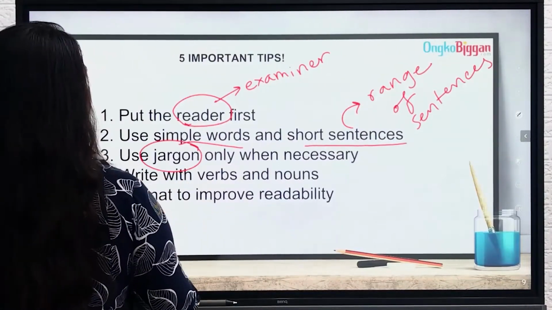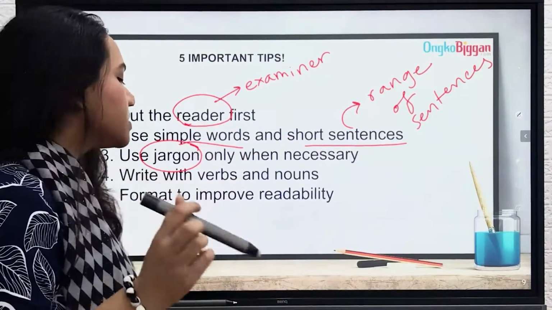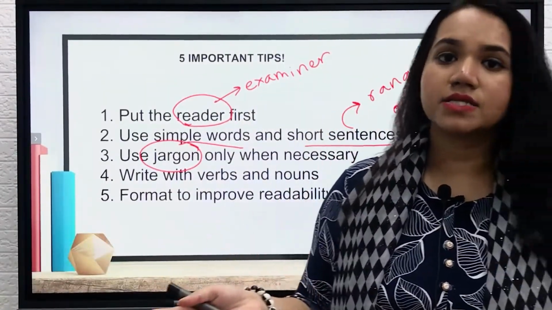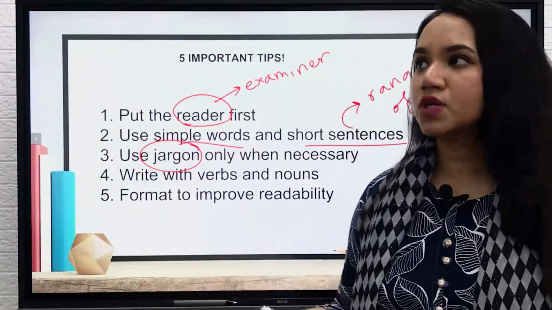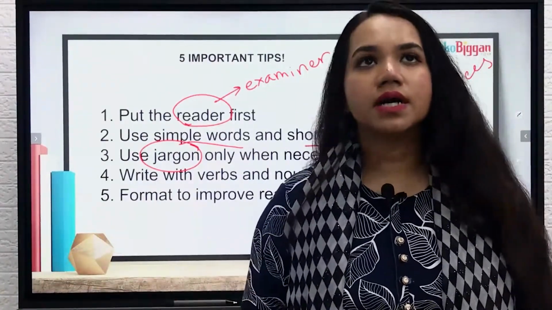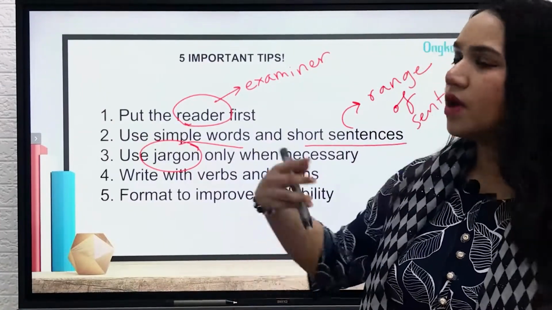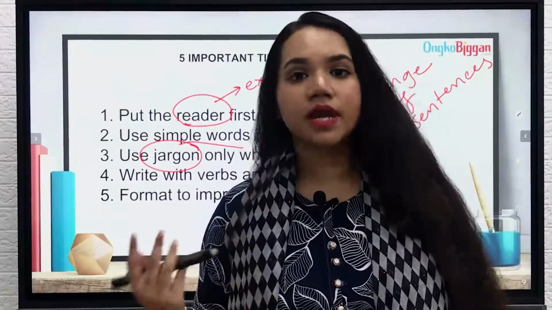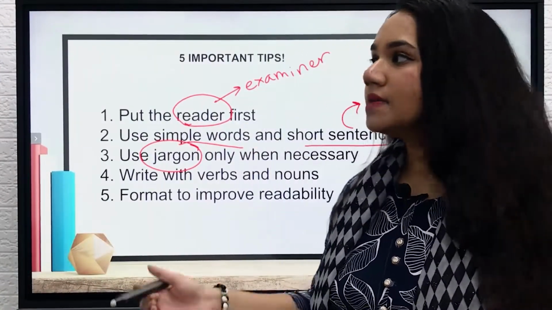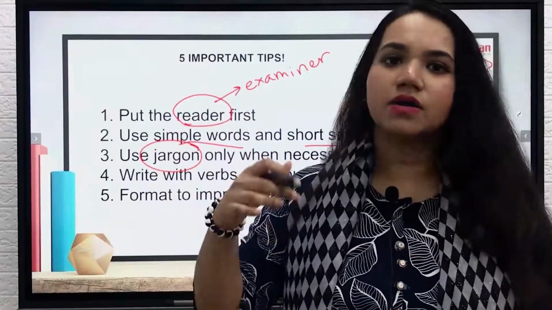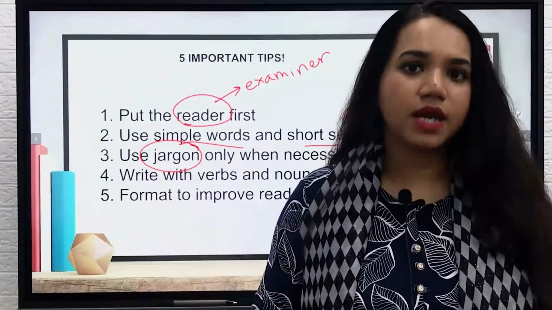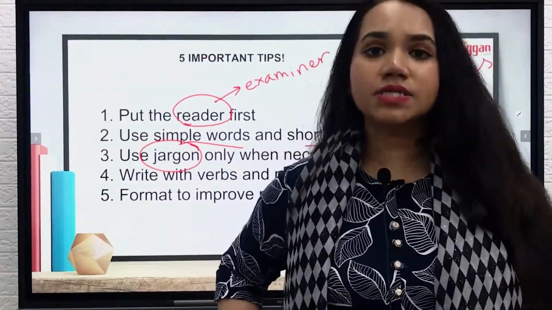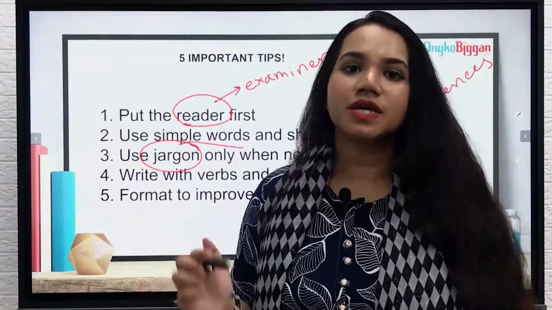What is the word jargon? Jargon means that of any particular subject, there are some things that only that particular subject contains. For example, in biology, we have terms like mitochondria, nucleus, cells, which maybe someone else who is studying only English might not understand. If you ask someone who is studying English, what is a cell? He might think a cell is an enclosed area or an enclosed place inside a hotel or something. But no, cell does not mean that in biology, right? So you have to make sure that you use these jargons in relation to the subject that you're writing of,